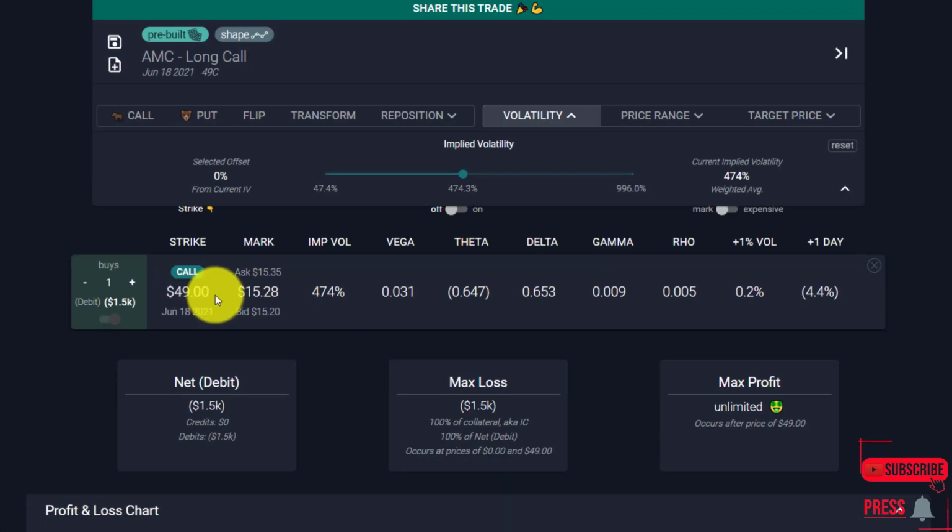As you can see here, I've selected a call for $49, expiring June 18, 2021. And this one, the spread for the range is $15.20 to $15.35. We're taking the median price, which is $15.28. Now, previously we paid 1.1K, but in this case, for the June 18, we're going to pay a little bit more to extend out our expiration. We're going to pay $400 more roughly. So that will bring us to